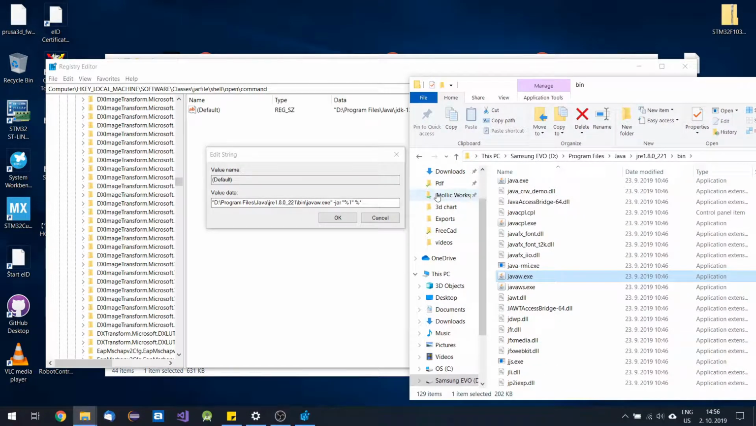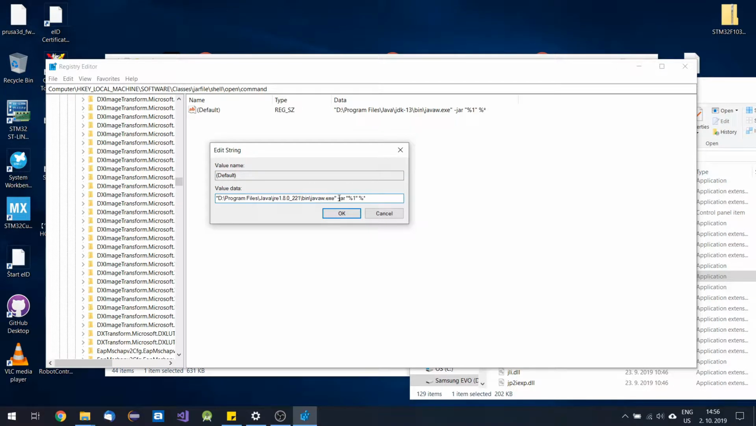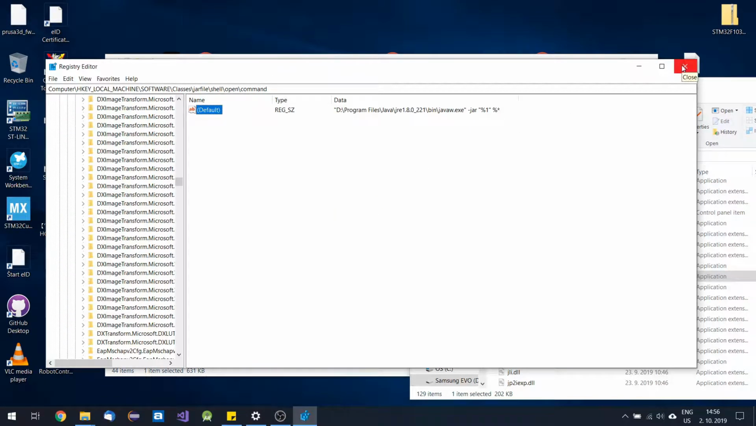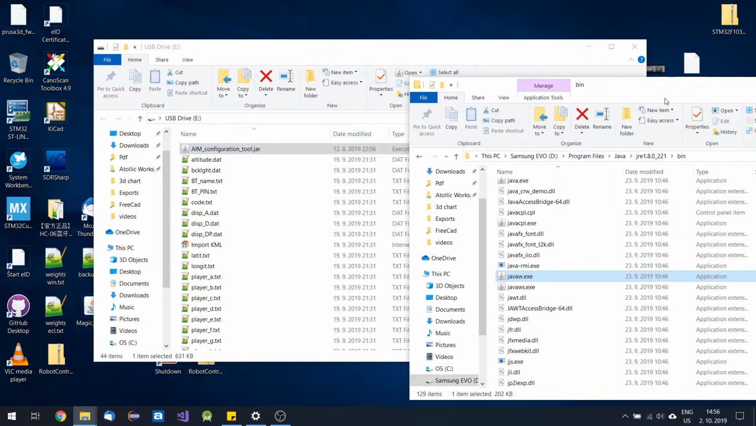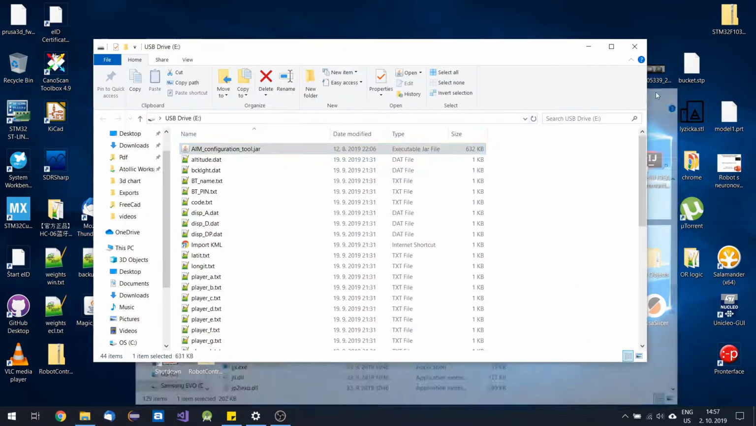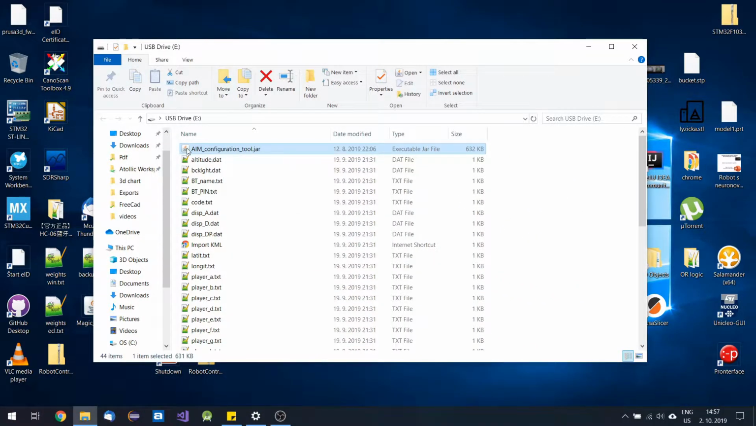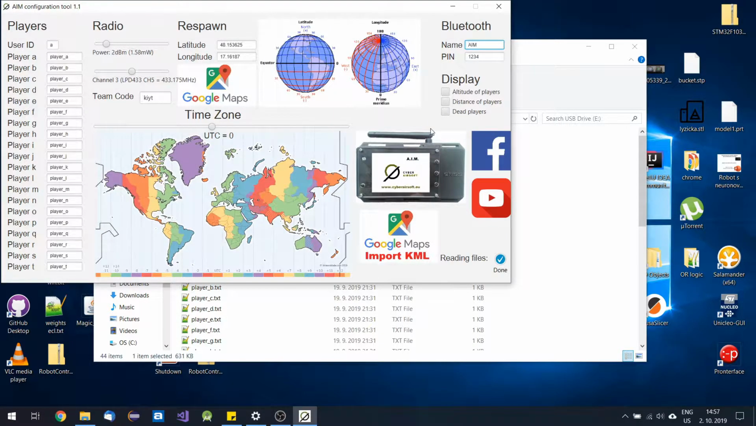So the path is correct, and just be careful to edit only that path between those quotes, and don't mess up those arguments after the quotes. So double check this path, and when you are done, just click OK and close the registry editor. After that, you can also close your folder and double click on the AIM configuration tool. It's being opened. Now it's open,